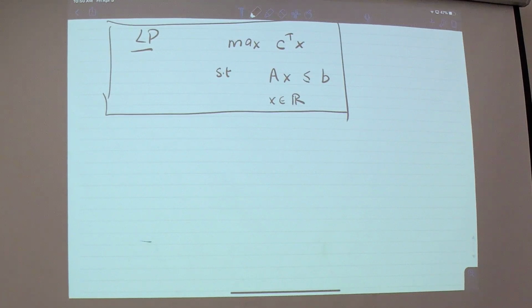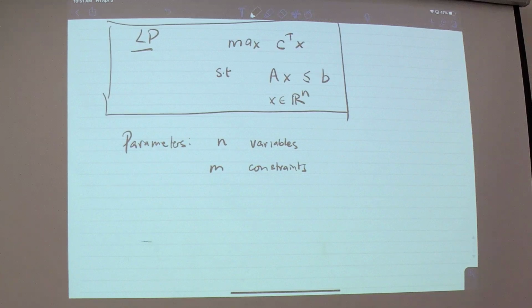So if you think of these, there are different parameters here. So the parameters of a linear program are the numbers n and m. Typically we use n to refer to the dimension, so x is an n-dimensional vector. In other words, there are n variables in your system. Now your matrix A is a matrix of basically one row per constraint and one column per variable. So you usually have m constraints, at least that's the term we use for constraints.